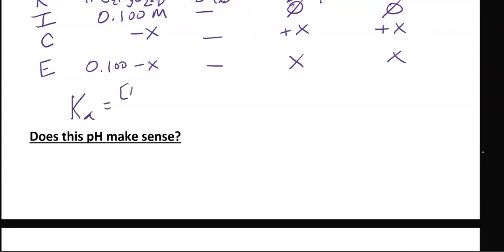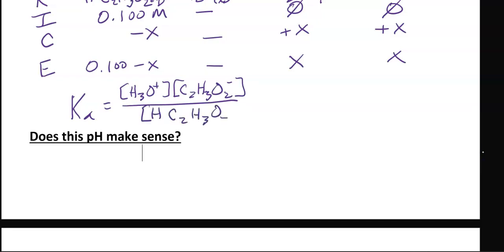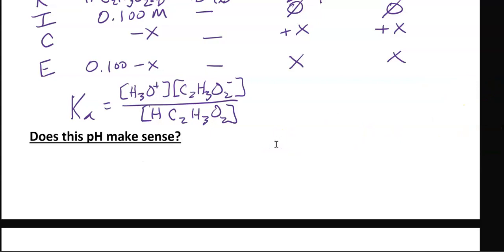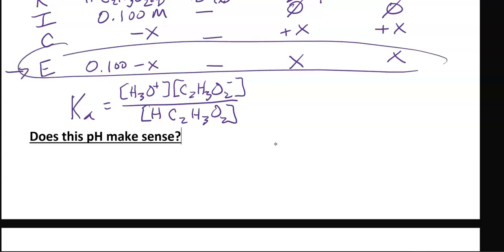Ka equals the hydronium concentration times the conjugate base, acetate. So that's products. And then over our aqueous reactants, which is the acetic acid. And then I look at my equilibrium, this part of the RICE table, and I see, oh, I know X is hydronium concentration, and I know I have the same concentration of conjugate base. And I'm going to divide that by the molarity of the acetic acid at equilibrium, which is 0.100